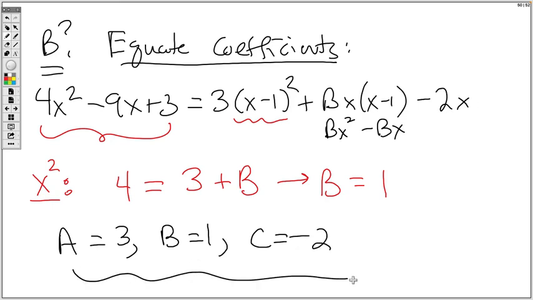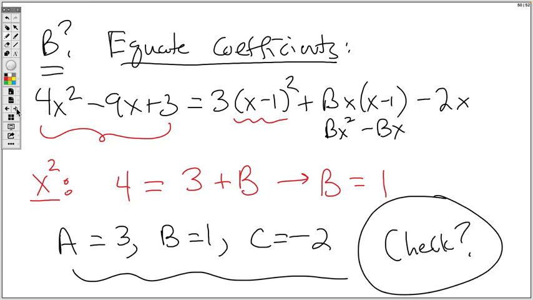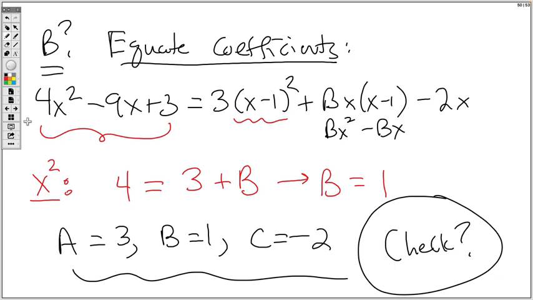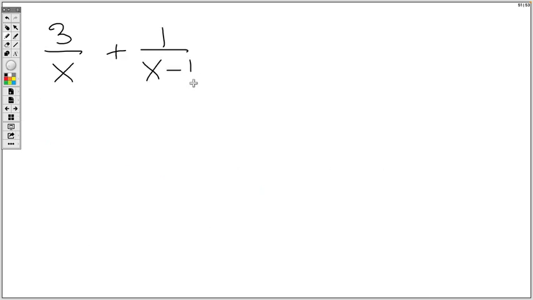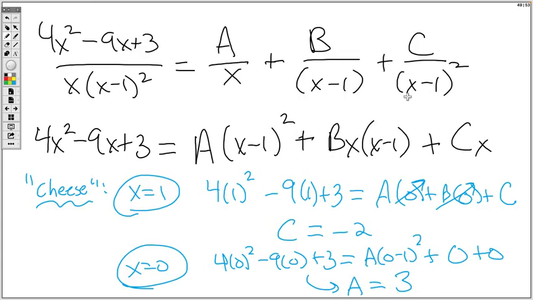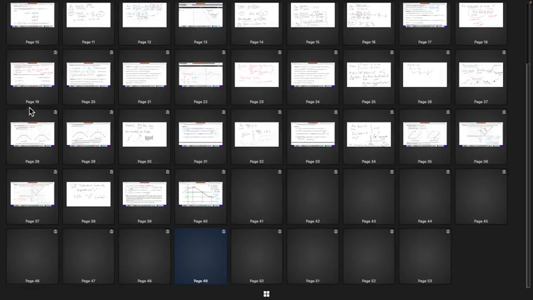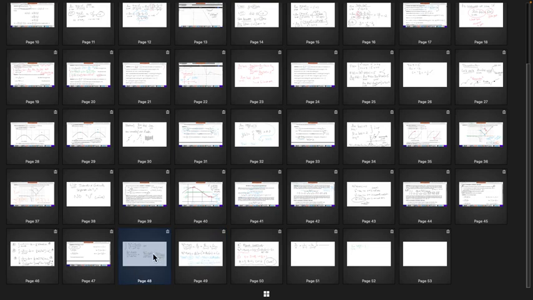And like everything in this class, you can check this algebraically, or you can check it on Desmos. How would you check this algebraically? Well, you go back to your partial fraction decomposition. A is 3, so you'd have 3 over x plus 1 over x minus 1 minus 2 over x minus 1 squared. Does that in fact equal, went too far back,